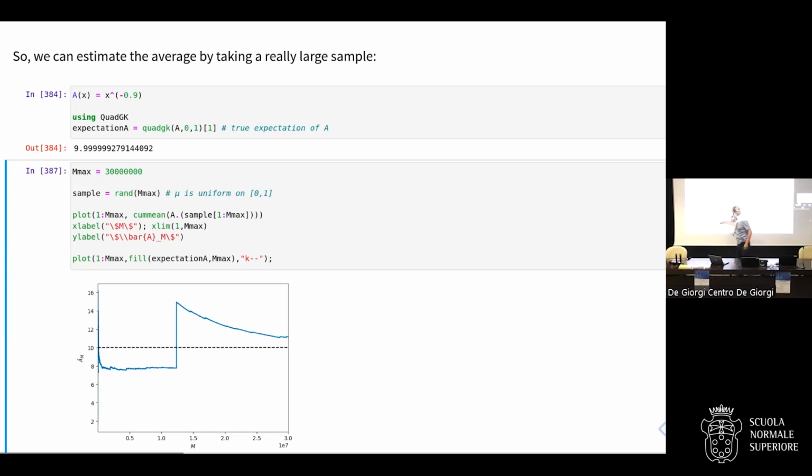What's this spike? Well, probably what's happened is that it's just randomly sampled a point that's very close to 0. And then, well, some, you know, like,